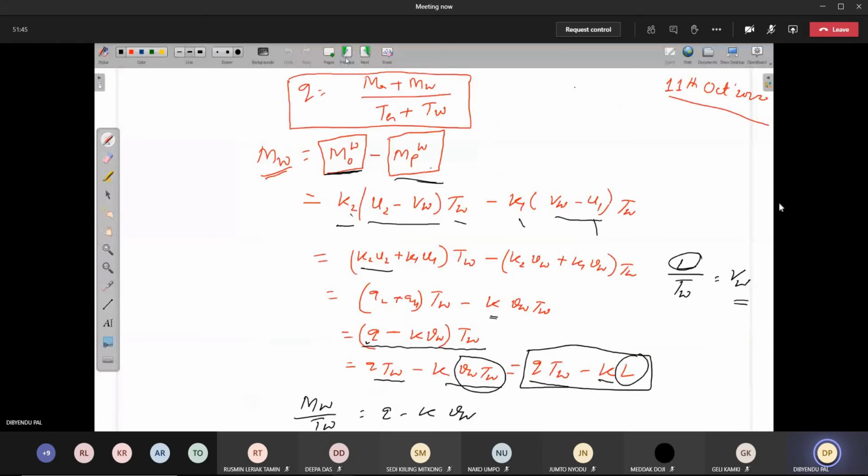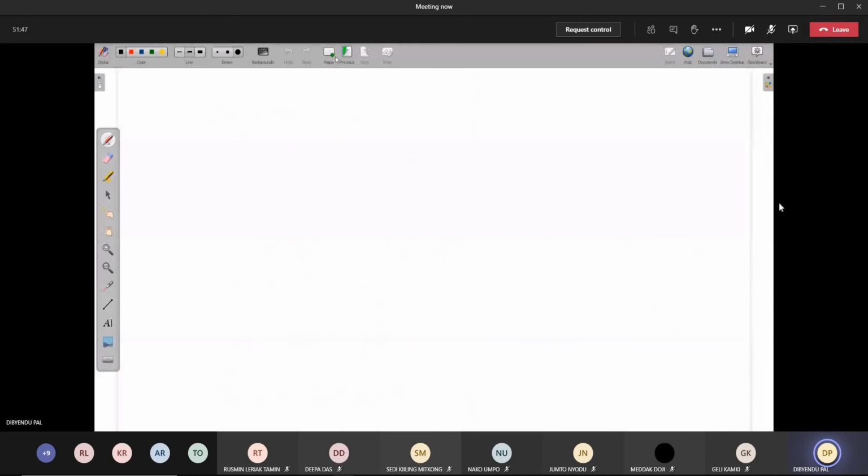Last class basically we have calculated, anyway, don't go there, then you will get confused. Last class, what we have tried to find out? We have tried to find out the BW. BW was basically the Q only. Here I have written in terms of volume. Basically, we are trying to find out the flow, in terms of hour. That will be the most appropriate rather than writing out the volume.